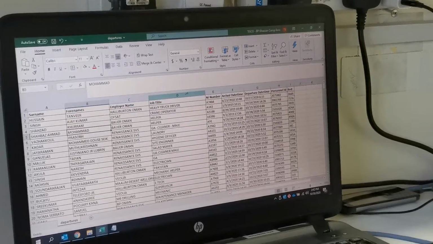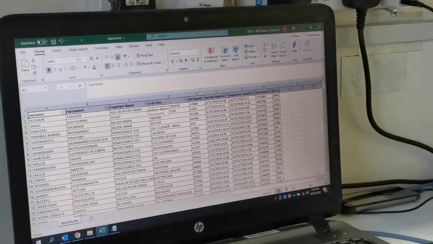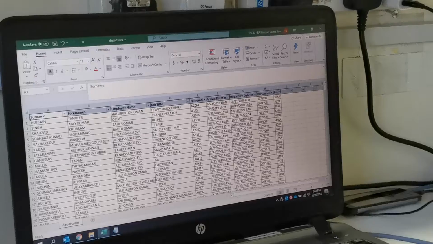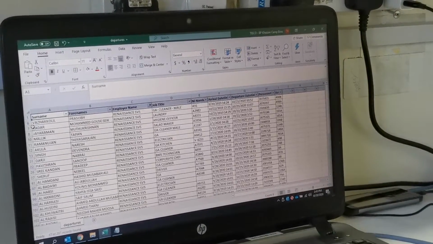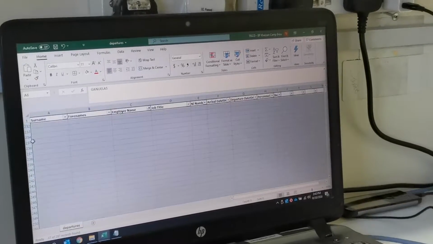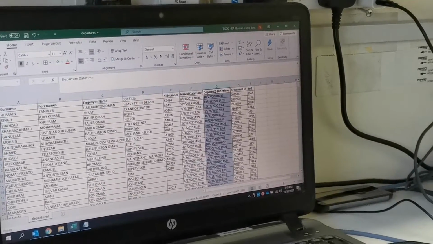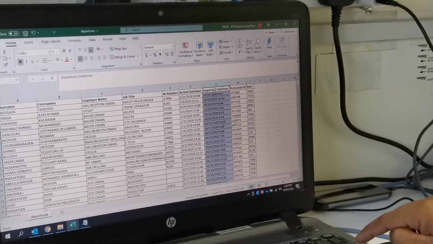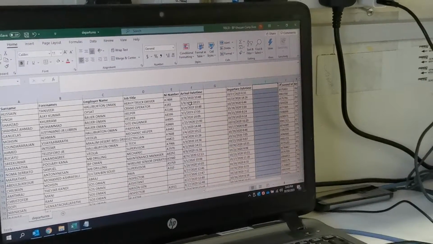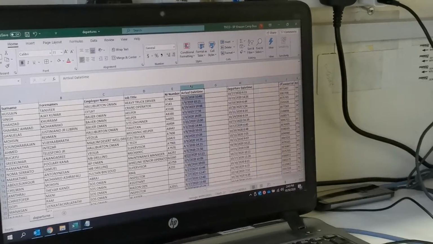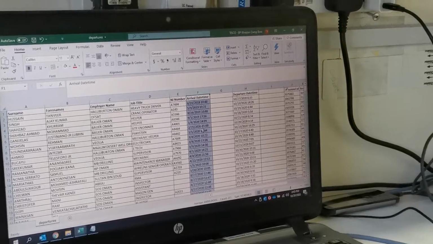Okay, then first of all you have to delete those. Renaissance you have to delete because Renaissance is not required, EP is not paying Renaissance. Okay, then you have to add one column after arrival date and time, then one more column after departure date and time. Then you have to select the arrival date column, from here all the way down.